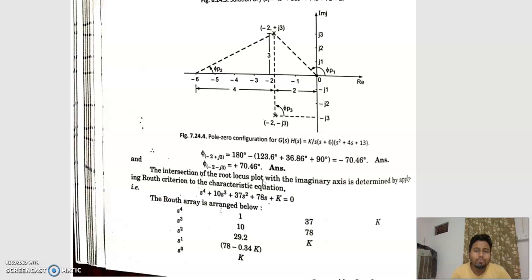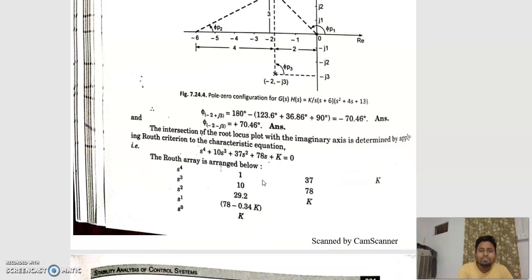So we have to compute the angle for minus 2 plus 3j, and the next one is the opposite sign, because they have a symmetrical property. So we are only calculating for the first one, and the other one will be the opposite sign of the first one. Clear? Now comes another point, which is